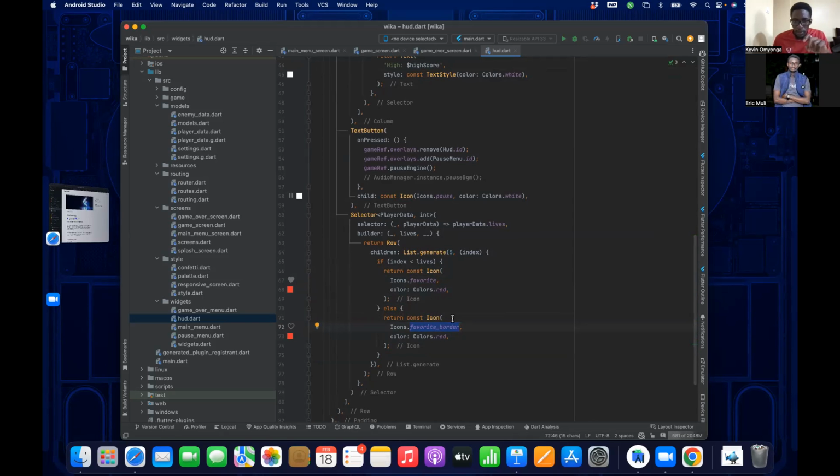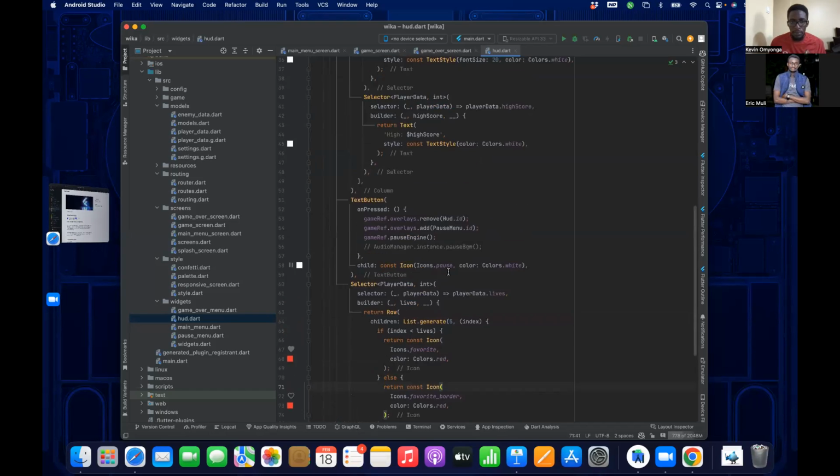These are some of the advantages of using Flame. You get to use widgets that already exist. Had this not been the case, I would have had to go to the internet, search for an image that matches the heart, and then import it into the game. But since it's readily available, you just build on what's there.